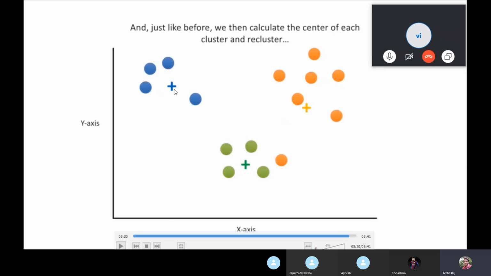Now this point's distance to this point, and this point's distance to this point. Which one is it closest to? The blue one. Similarly for all 4, it's going to be the same. The only different thing you'll find in this step is this particular point. In the first step, it was assigned to the yellow category. In the second step, will it be assigned to yellow again? We find the distance from this point to the green one, the yellow one, and the blue one. It is closest to the green one. So in this iteration, this data point changed its cluster from yellow to green.